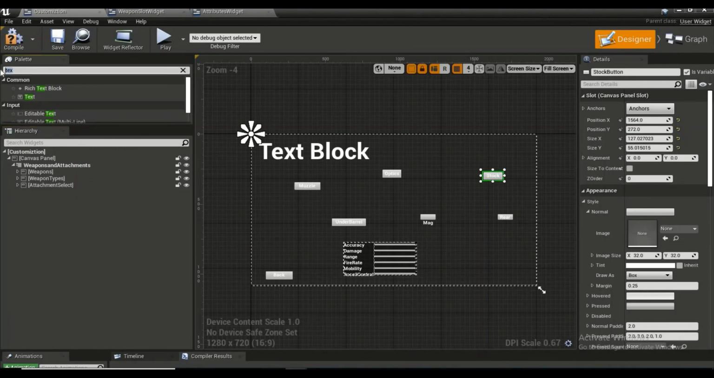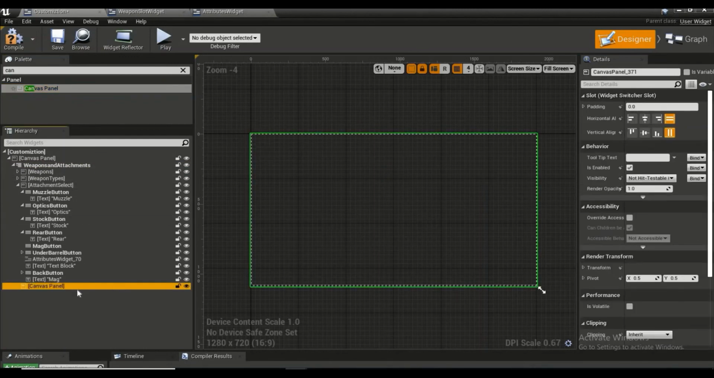All right, let's add a canvas panel in here inside the widget switcher, and this canvas panel will be essentially where we add our attachments, or where we could switch through different attachments. Let's call this canvas attachment edit. Yeah, why not? We're doing it. All right. And in here, let's